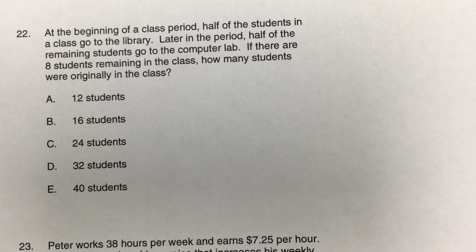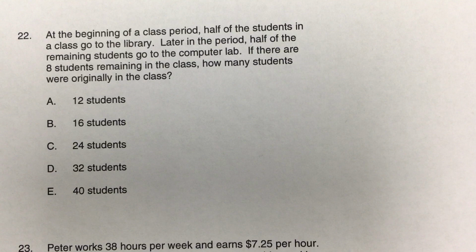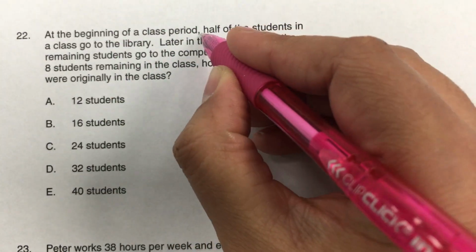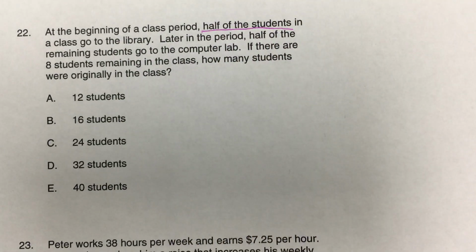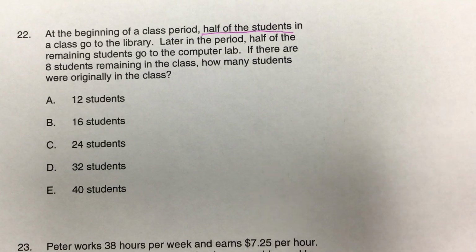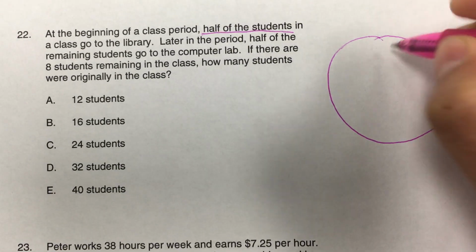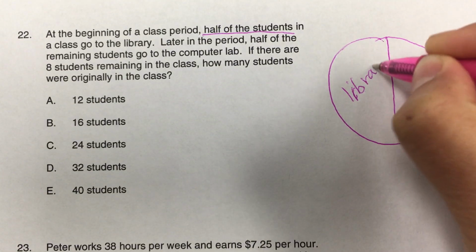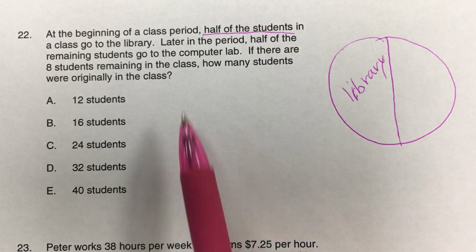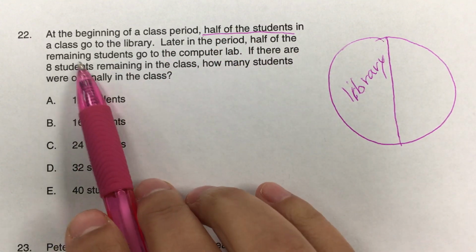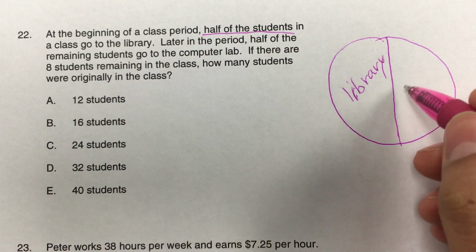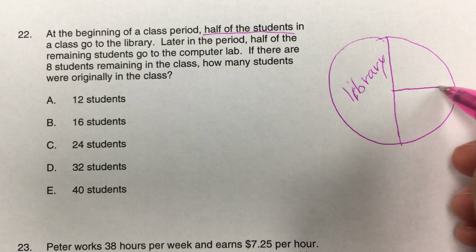sale. 22. At the beginning of a class period, half of the students in a class go to the library. Later, so in here, beginning of a class period, half of the students in a class go to the library. Okay, so maybe we can do that, half of the class go to the library. This is half. And then later in the period, half of the remaining students, so whoever is left in the classroom, half of that, so it's half of half is 1/4,